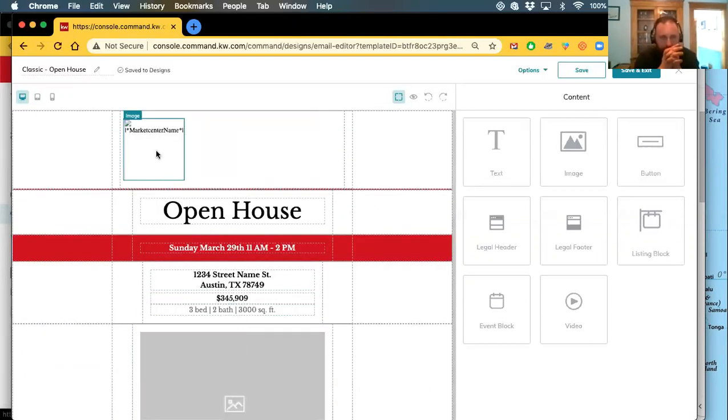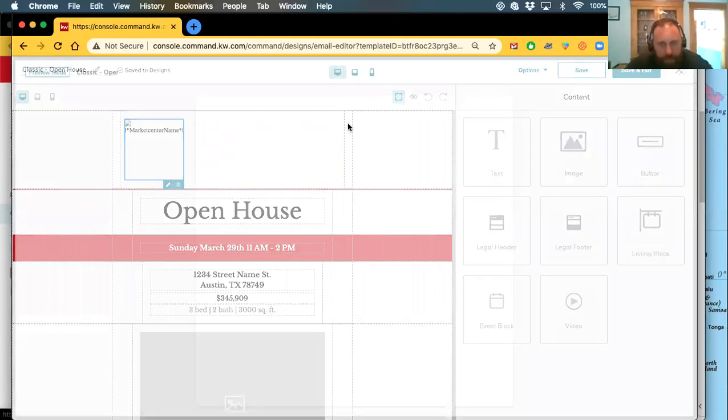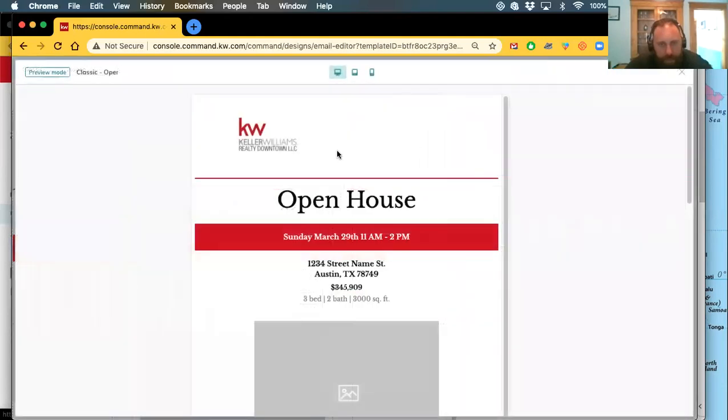So the first one, like you said, this one is my Market Center actual DBA logo. One thing to do is know the eyeballs up here for your preview, because that'll actually show you what the email will look like when it goes out. It's taking its sweet time. But there we go. So that's the logo it's pulling for me, because that's what I have as my Market